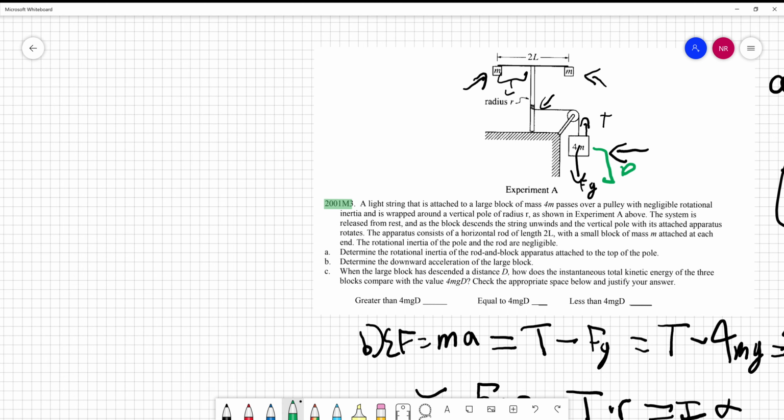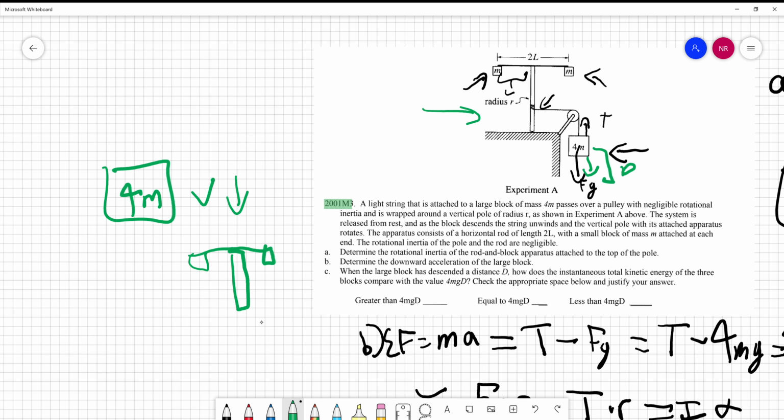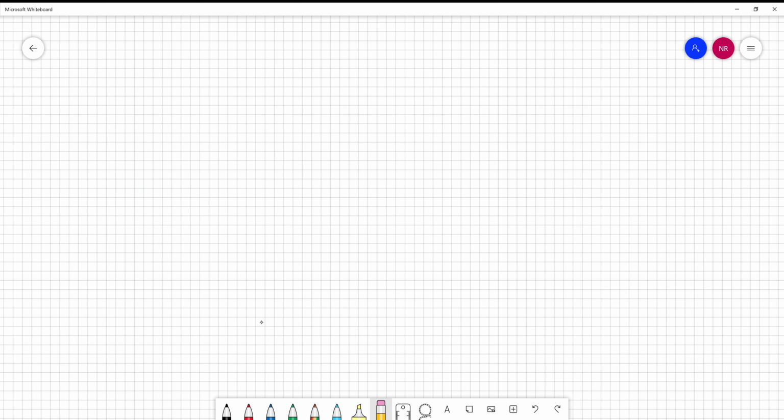So when this block goes down, the block that has 4m will end up having a velocity downwards after it has descended that much. And then this apparatus here will also be spinning at some angular velocity. So that means that this will end up having a kinetic energy of 1/2 4m v squared. This will end up having a rotational kinetic energy of